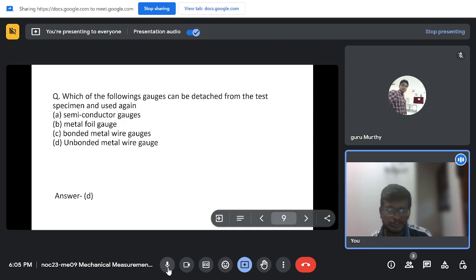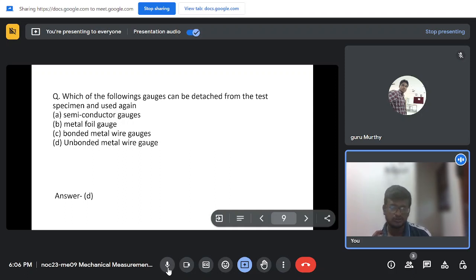So the answer is option D, unbonded metal wire gauges. The rest of the three are fixed on the specimen. You cannot remove them once you fix them. In the bonded case, you bond the gauge to the specimen, so it's fixed. The unbonded wire gauges are made up of two frames. You have one frame and the other frame. Both are linked with a wire or any spring mechanism, which will measure